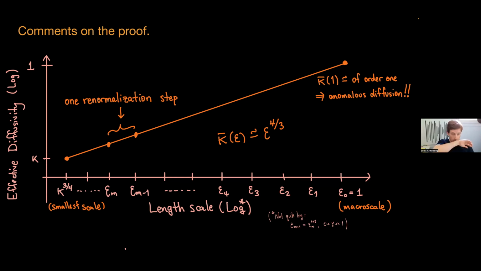You forget them. But in order to forget them, you need to replace the Laplacian term with the new effective Laplacian term, and it grows a little bit. If you plot it log against log, it'll be a straight line with slope of 4/3, because the diffusivity at a particular scale is epsilon to the 4/3, and that's sort of the Richardson 4/3 law. It's not really 4/3; it's 1 plus beta or something like that. But if you think beta is a number very close to 1/3, then it's essentially 4/3.